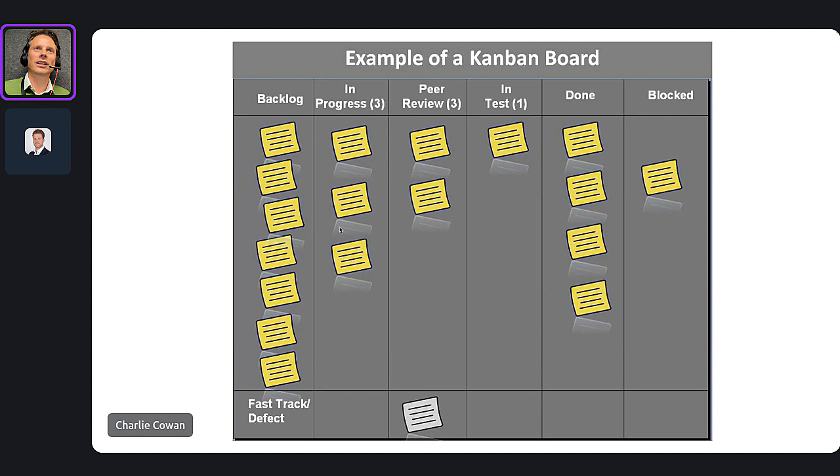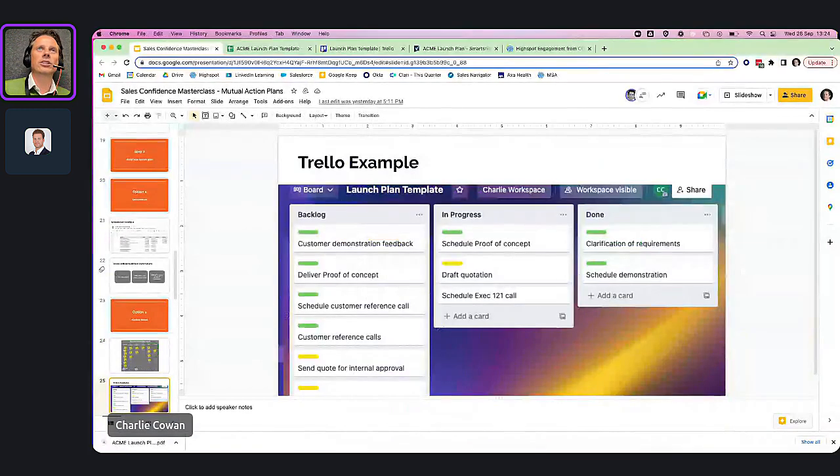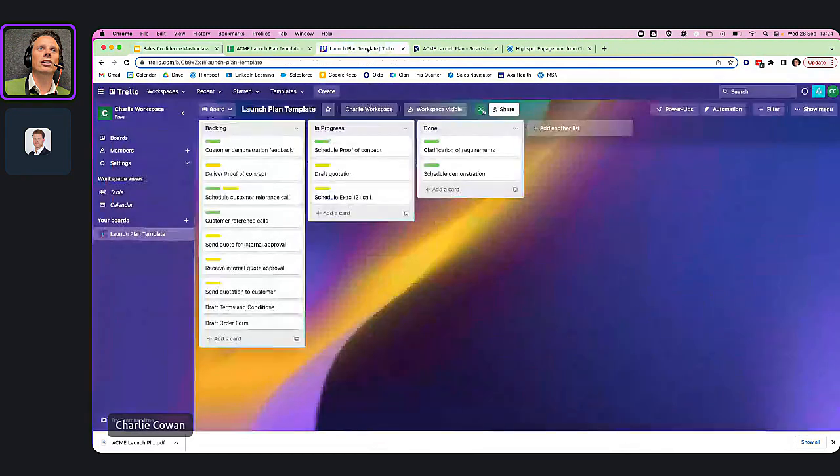So in this example here, it's the in progress things that are ones that you want to be focusing on. What are the 3 things that we actually need to be working on right now? And that can focus the mind rather than looking at the big list of things that are in the backlog that are about to come along in future. So I use a tool called Trello. It's free to use. You can get premium versions, and your company may use it, especially if you've got developers. They're probably using it quite a lot. And so let me just show you a little bit of what that looks like.